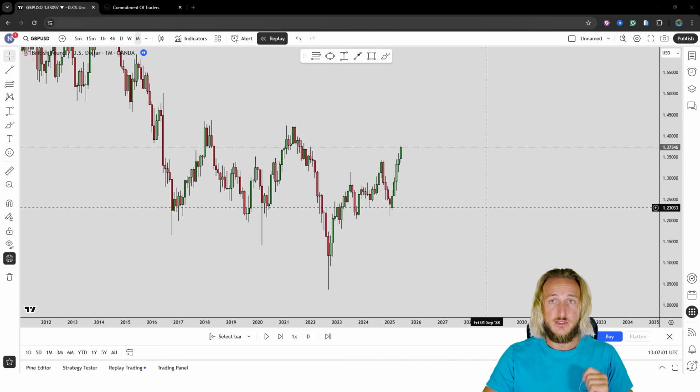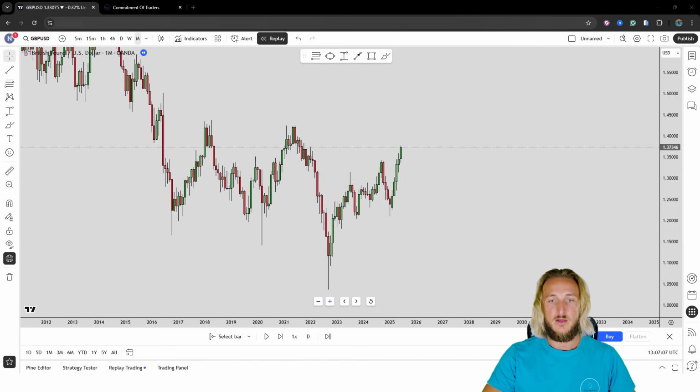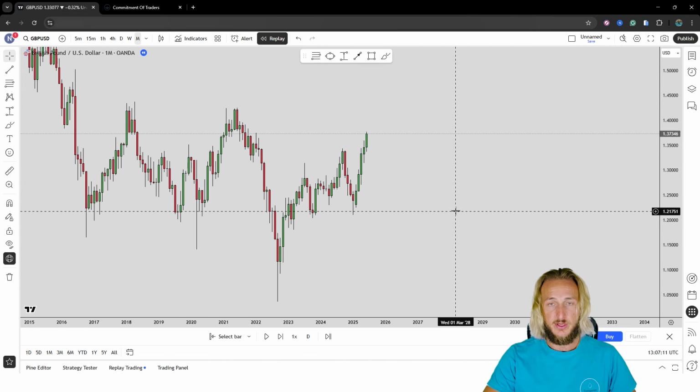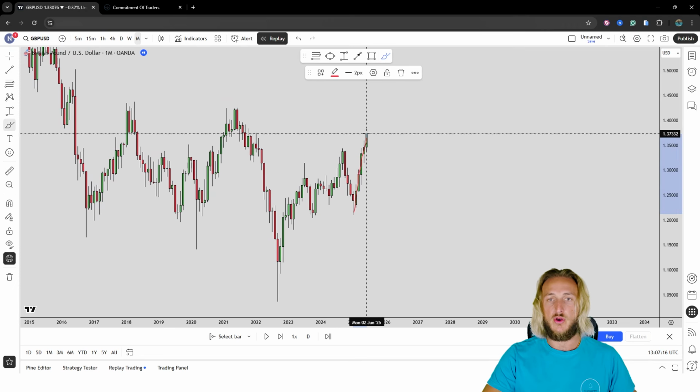Starting here, the first trade is on GBPUSD. It is a short trade, so let's go and see exactly what was happening on the charts when the trades were executed. Here in the monthly time frame, what we had was a market with a very strong impulse to the upside,